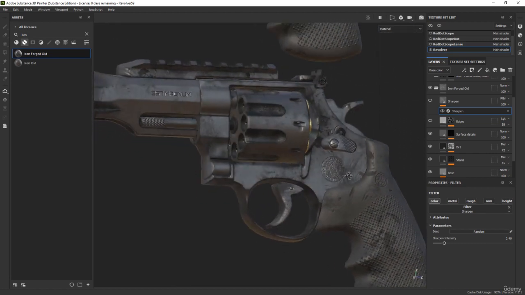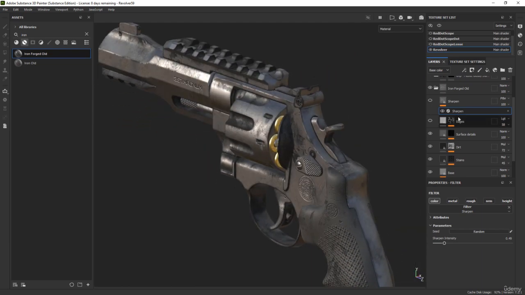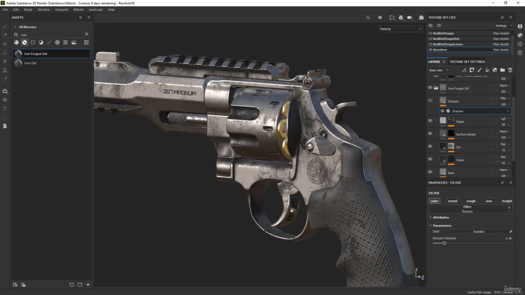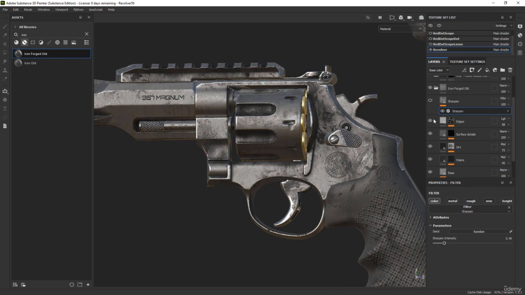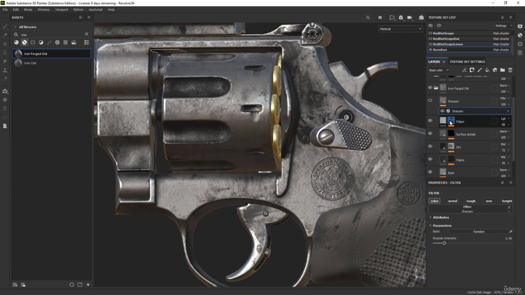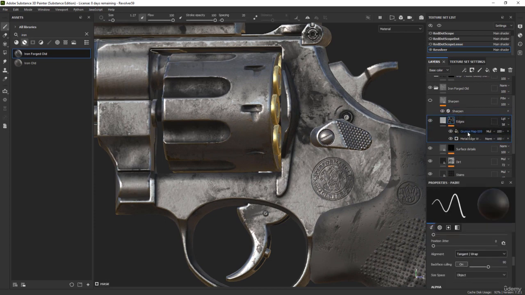It looks really boring without it. If we put that on, it gives the whole thing way more depth as opposed to before. So this is a very important layer and we definitely want to keep it. Once again, because everything is procedural, we can also go back here into our